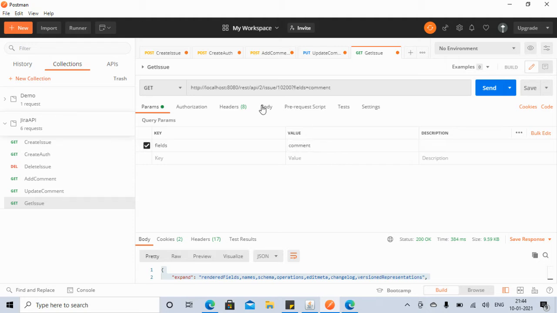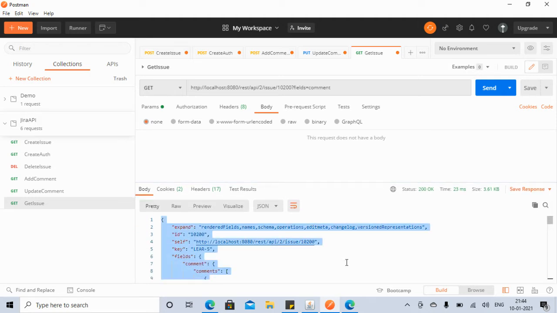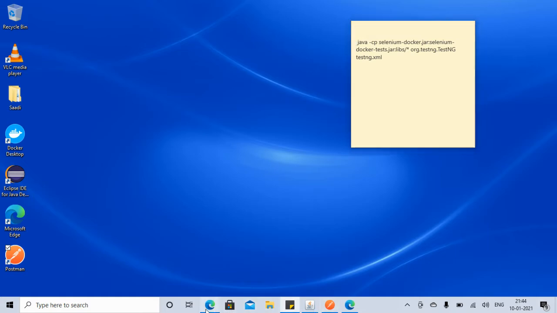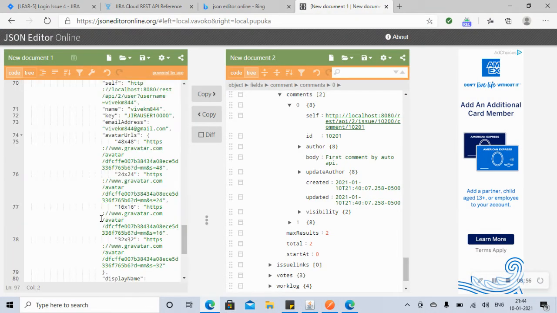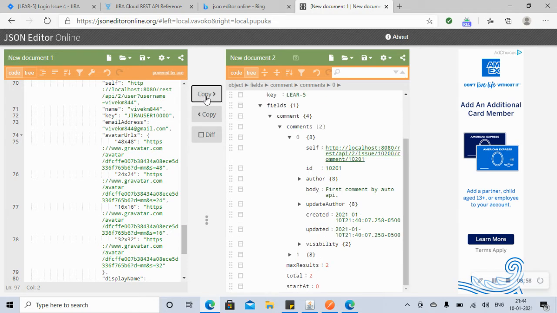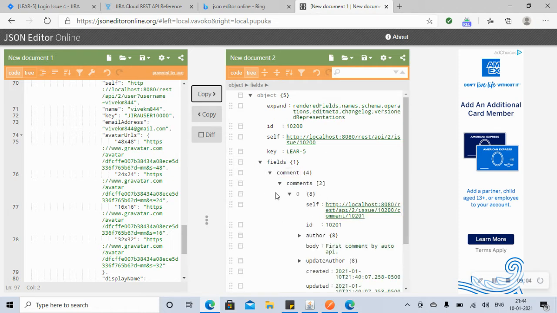And now if you execute this, again we got the value here. Now Control A, Control C, and let's go again to the JSON editor. Control A, delete everything, Control V. Now if you see, we have only one field. That is because we only wanted comment, so we got the comments.